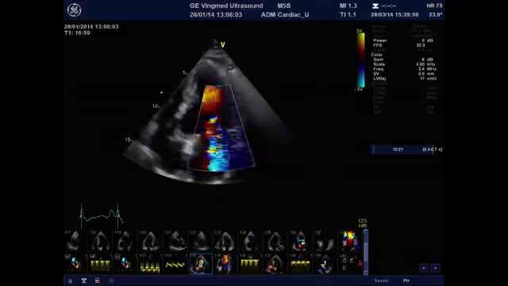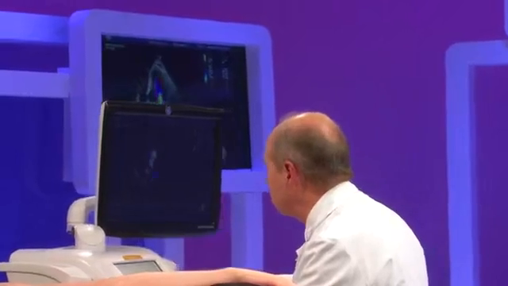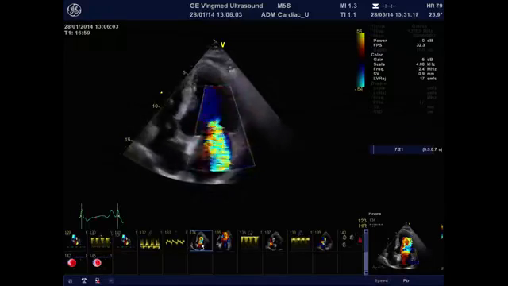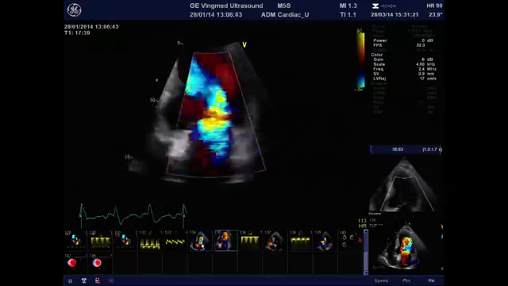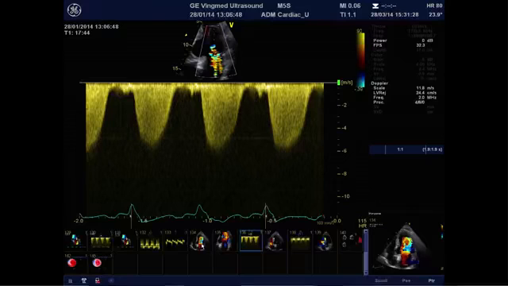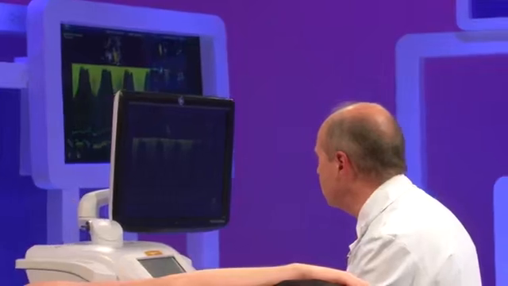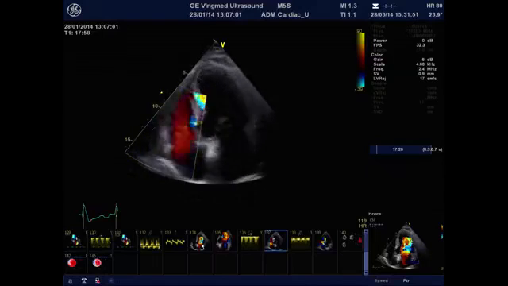But during the exercise, on top of the grayscale and the different views, we put the color on. So clearly, even if we do not believe in regurgitant jet area to quantify mitral regurgitation, it's evident that there is an important increase in the severity of secondary MR during exercise in this patient. So we quantify it again by the PISA method. The PISA radius is larger, and the result, not shown in this image, was an effective regurgitant orifice area of 0.3 centimeter square, so a large increase as compared to rest, leading from mild to moderate MR at rest to severe MR during exercise,